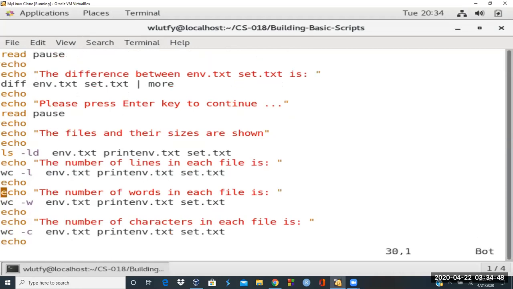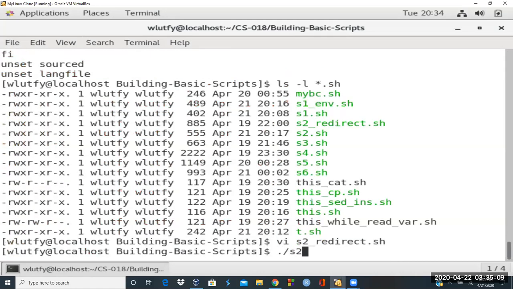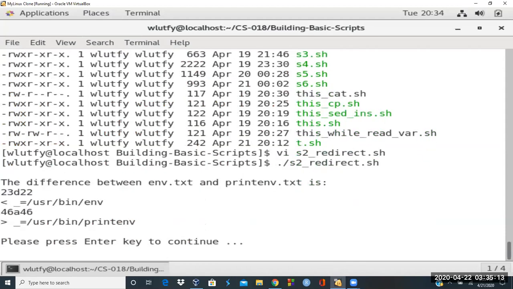And then the second line says, give me a word count. How many words are on each of those files? Then minus C for how many characters. So minus L for line number, minus W for number of words, and minus C is for number of characters. So if I just exit out and say s2_redirect.sh, run it,